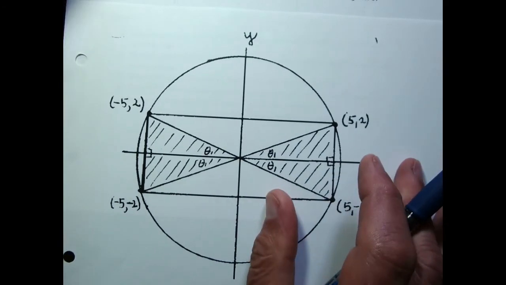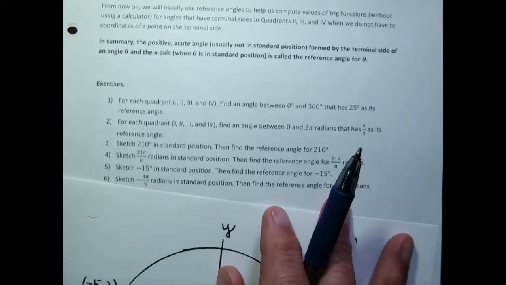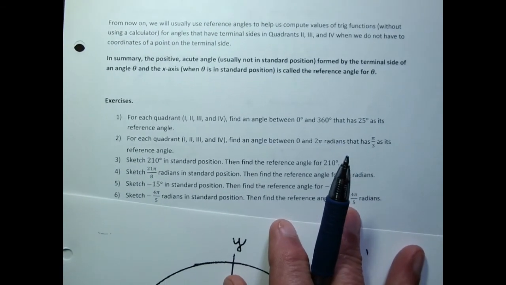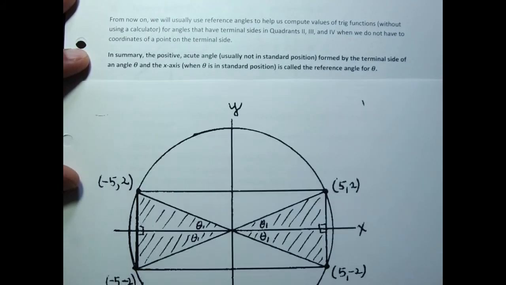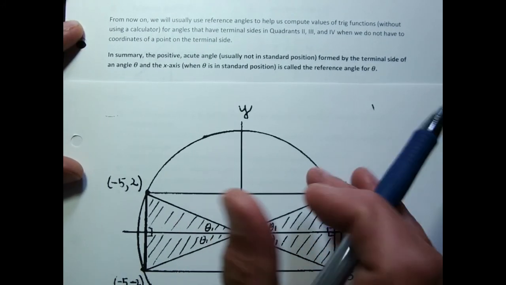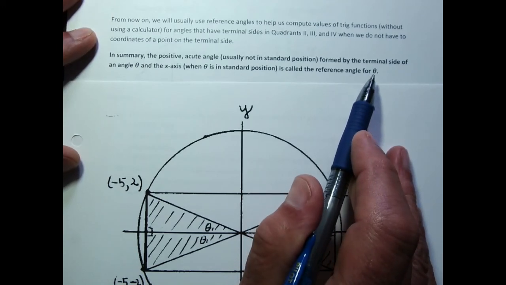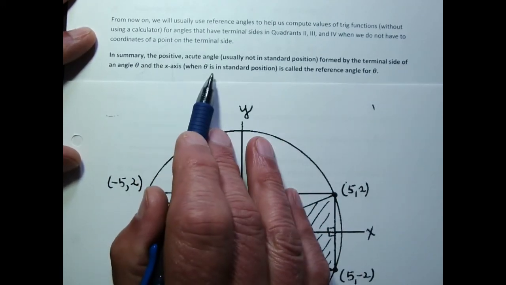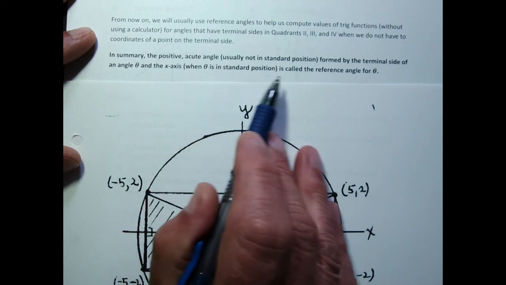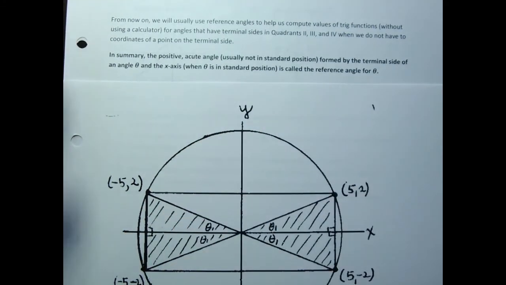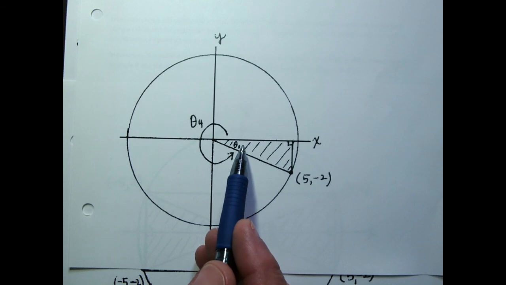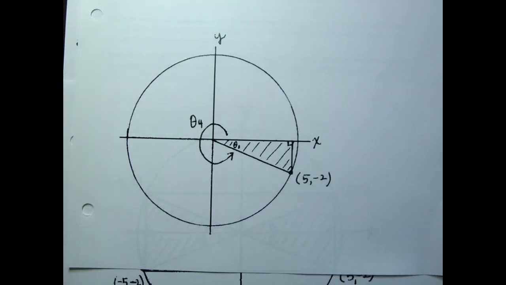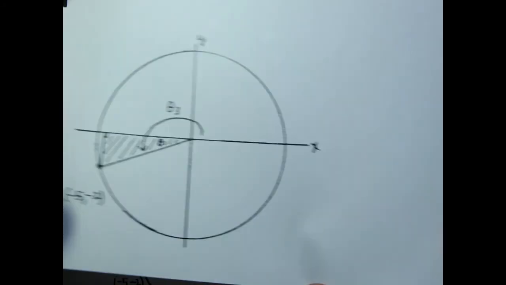Let's just read this statement. In summary: the positive acute angle, usually not in standard position, formed by the terminal side of an angle theta and the x-axis when theta is in standard position is called the reference angle for theta. Now I know that's quite a mouthful, but for theta 4, we're going to call this theta 1 the reference angle for theta 4. When we go back to theta 3,